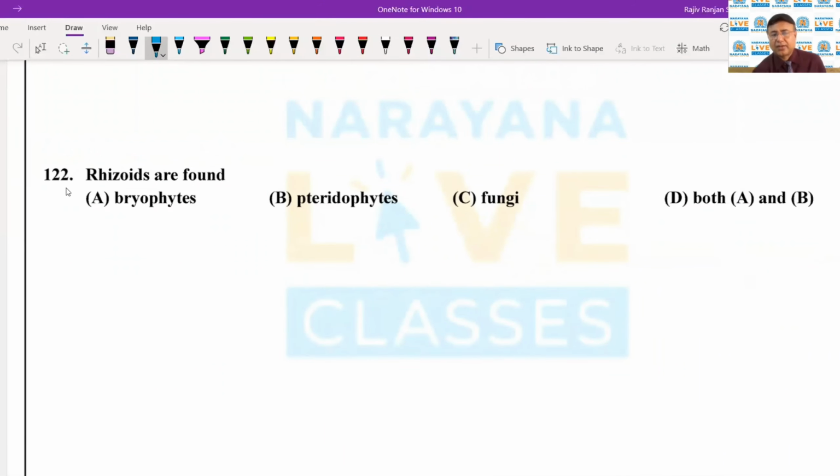Let's now just see the next question, that rhizoids are found in bryophytes, pteridophytes, fungi, both A and B. The correct answer is D, both A and B. So first of all, let's see that bryophytes